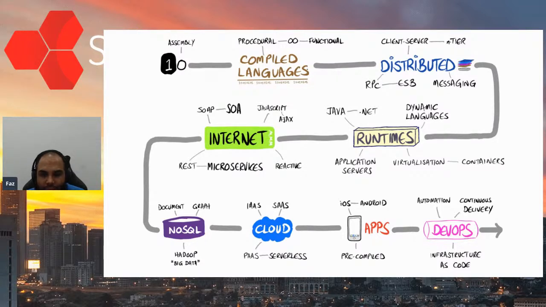Then we started getting this concept of runtimes, because we wanted portability, the fact that you wanted to actually have your code run on different machine architectures, and that's where the runtime would come in. And then you started seeing the rise of dynamic languages like JavaScript, and now you have more languages. Virtualization, containers also became a norm. For folks who don't know, containers as a concept has been there since the 70s in Unix, and you would see that becoming mainstream when Docker came in and then packaged it very nicely and made it a much better experience. Virtualization as a concept started in the early 2000s, and from there